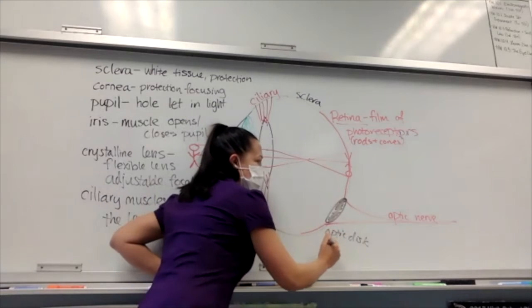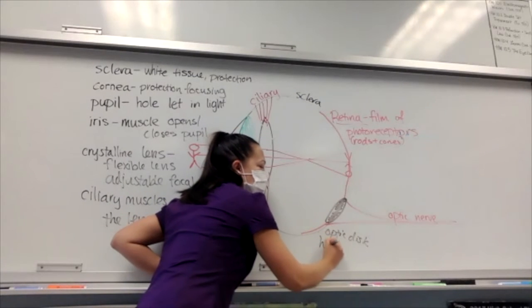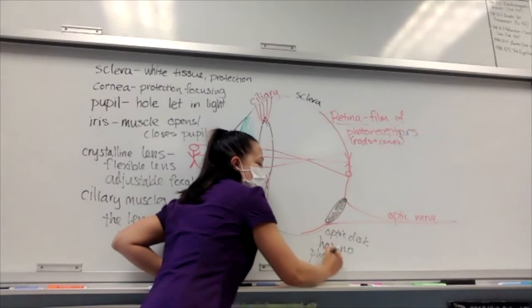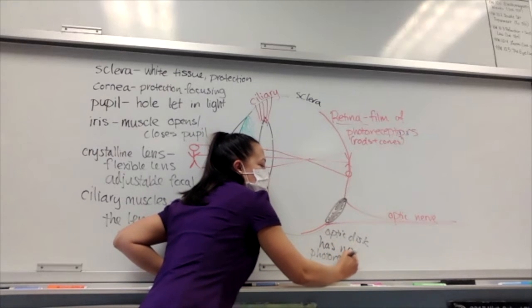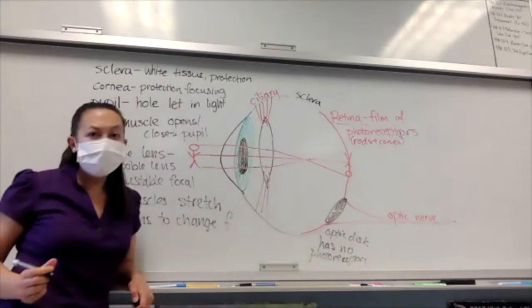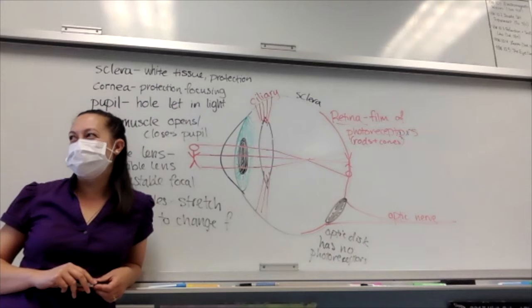The optic disc is where the nerve connects to the retina, but it has no photoreceptors, which means even if light falls on it, you don't get a signal. And in a minute, you and I are gonna find our blind spots. We're gonna go find them. They're tricky,